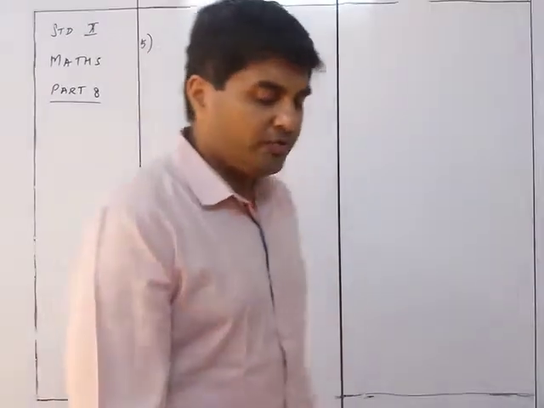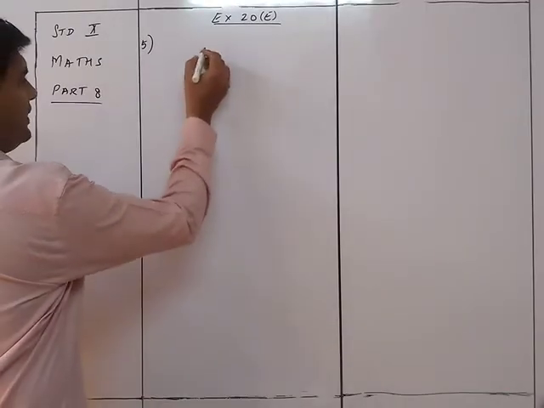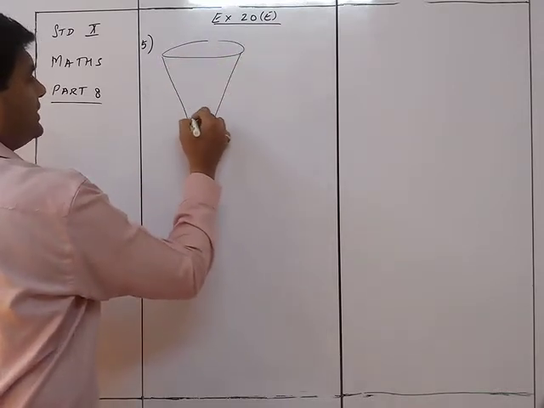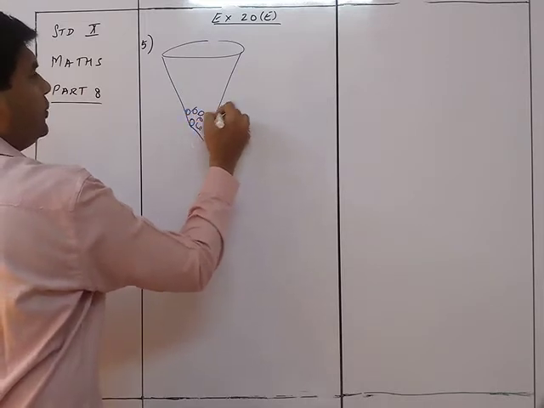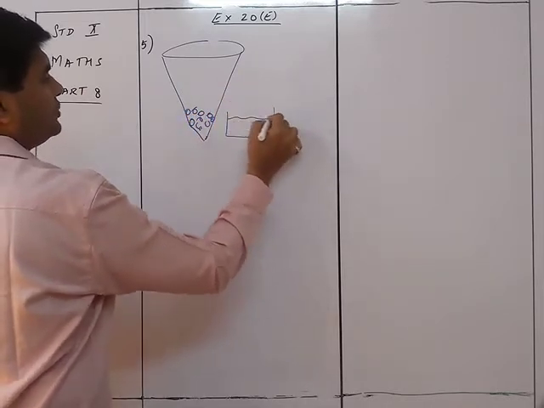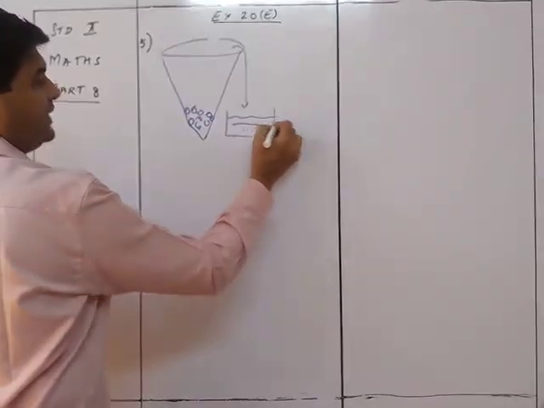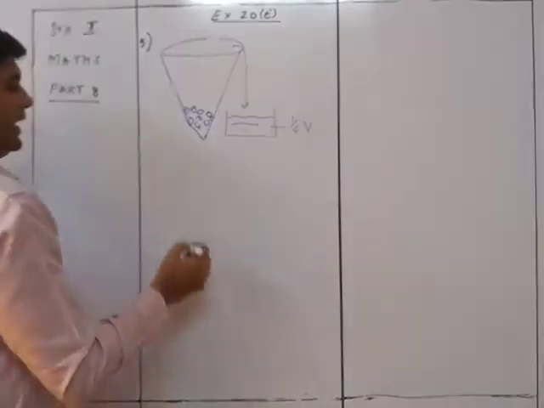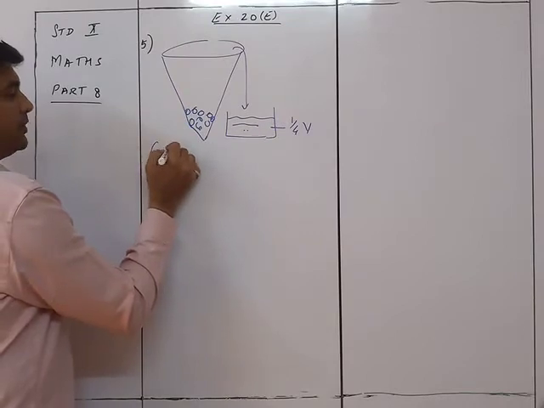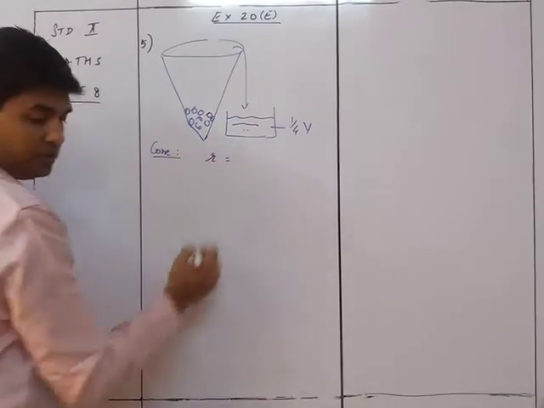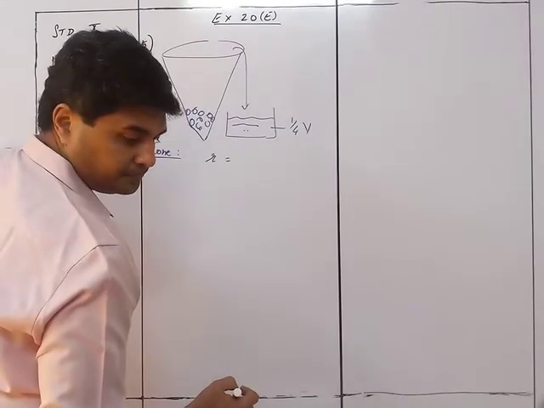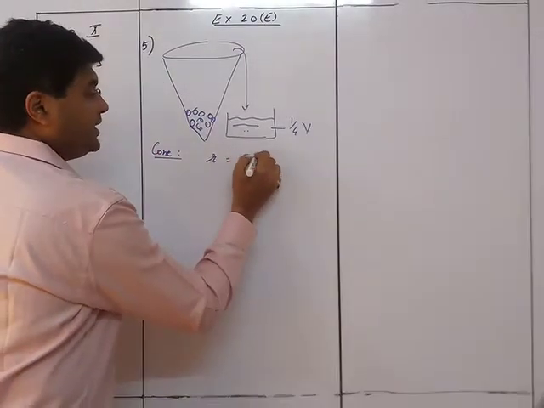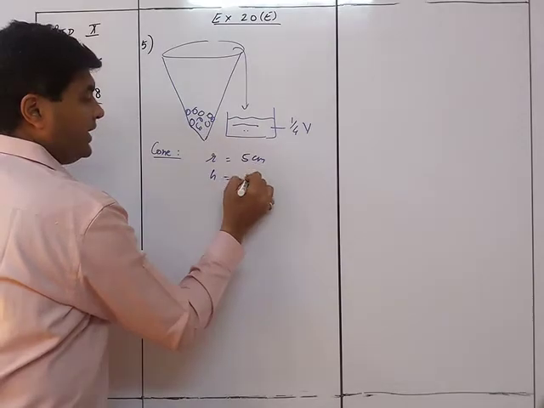Because the water overflowed, whatever volume overflowed is equal to the volume of the lead shots. In the figure, this is the inverted cone, and these are the lead shots being put inside, due to which there is an overflow of water, and this is nothing but 1/4 of the volume of the cone. So first, the details of the cone: the height is 8 centimeters, and the radius of the top, which is open, is 5 centimeters.